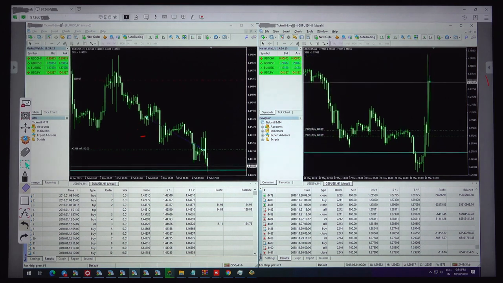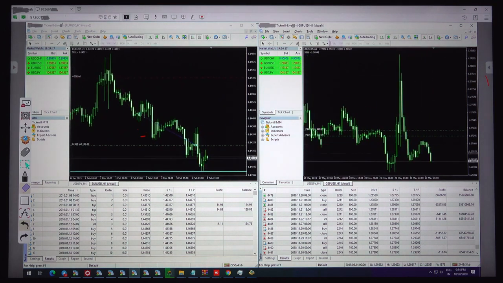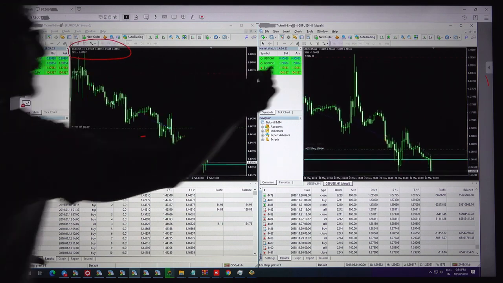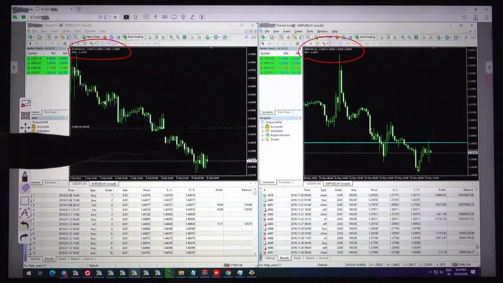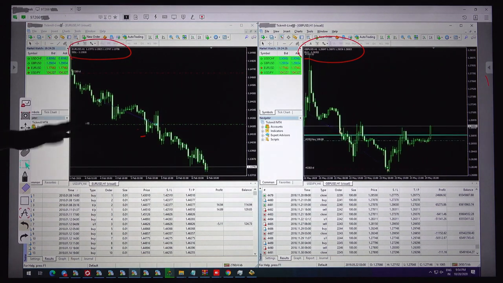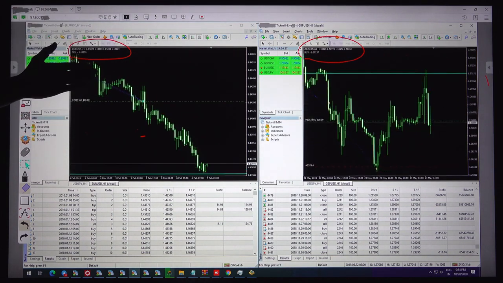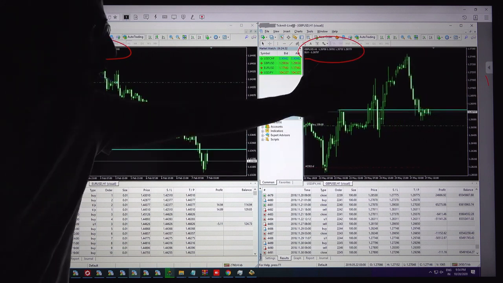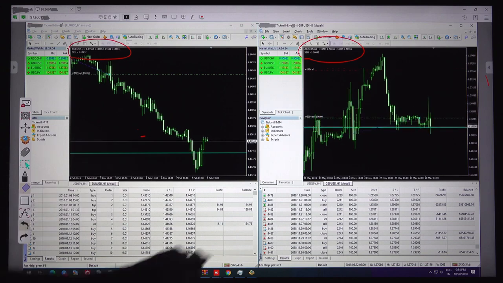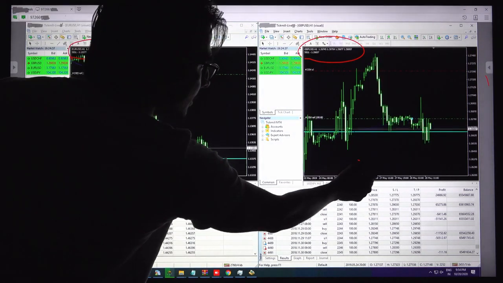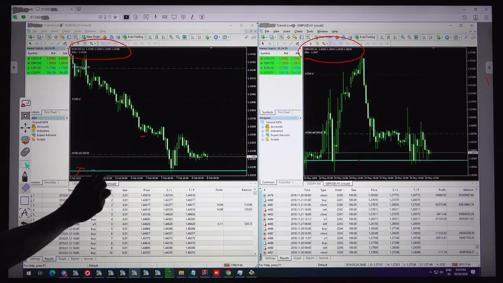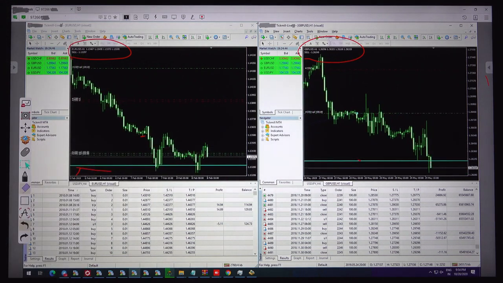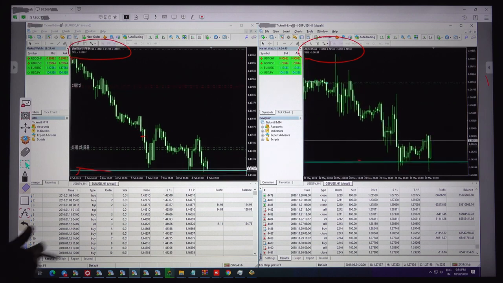Yes, this is the backtesting of EUR/USD and GBP/USD. As you can see, this is the EUR/USD chart and this is the GBP/USD chart, and these are the live testing buy and sell signals as per the 20-in-1 indicator. The same buy and sell is happening currently. You can see this is fast-action movement. Currently it is 2019, February 2019, and we will test until the current date of 2020.